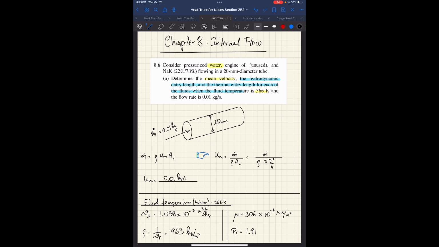So never panic. There is always a solution. I shouldn't say always, but most of the time there is a solution. Okay, so diameter is